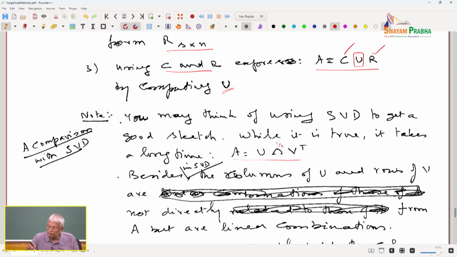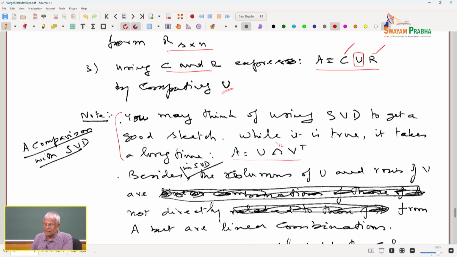So, using U lambda to the power half V transpose, as we expressed in our empirical orthogonal functions, we can select only k eigenmodes or singular modes to express A. That will give you a good approximation, an optimal approximation. So, that is one way. It is not that we do not know how to compute it, but